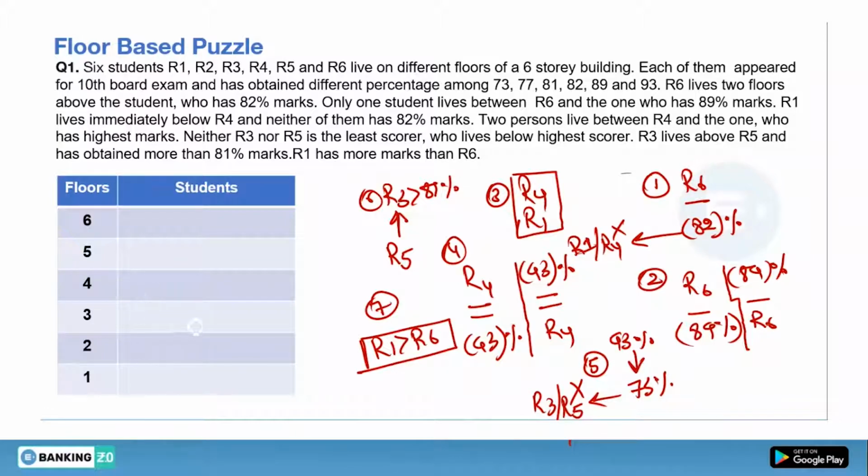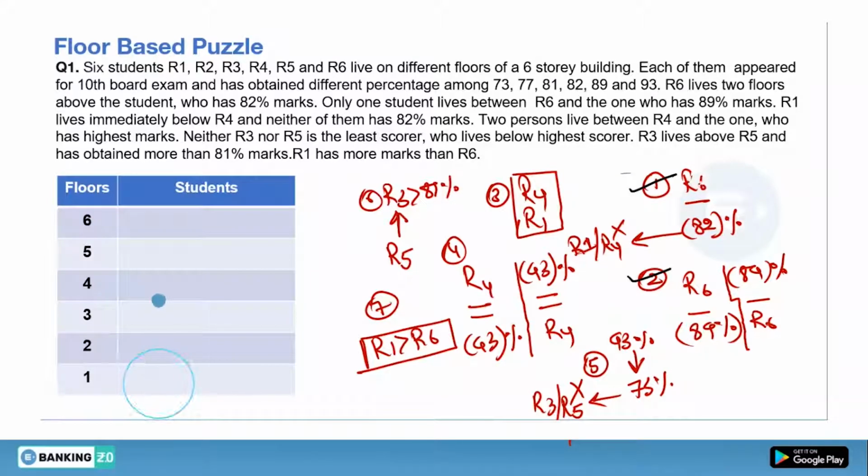R4 can come here, and 1 and 2, 93 can come here. Similarly, R4 can come here, and 1 and 2, 93 can come here. R4 can come here also, and 1 and 2, 93 can come here also. So there will be a lot of possibilities. So we have to avoid this type of hint which gives us more possibilities. As I told you, we have to pick those hints which have common elements between them. So just pick hint number 1 with hint number 2.